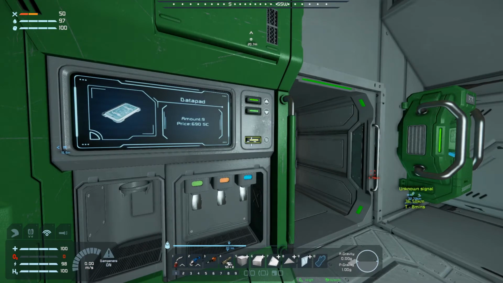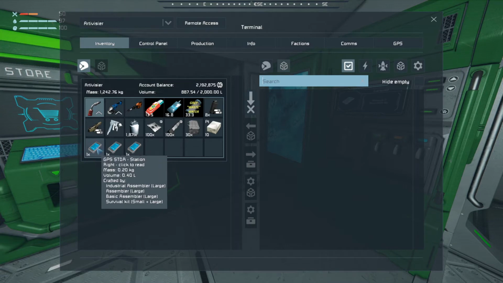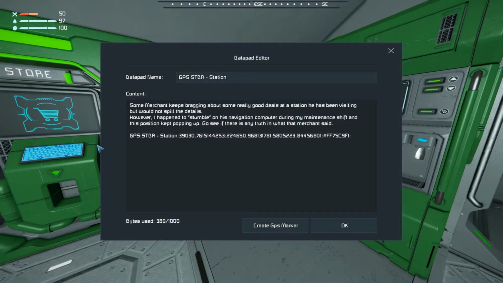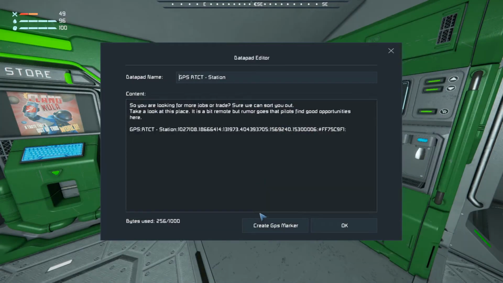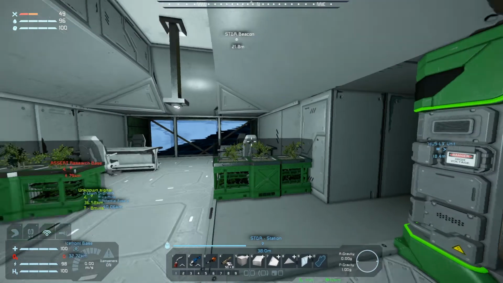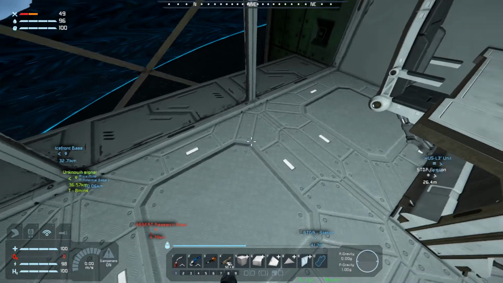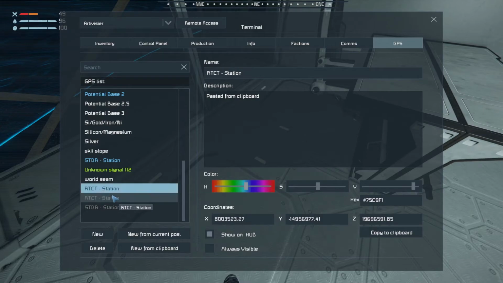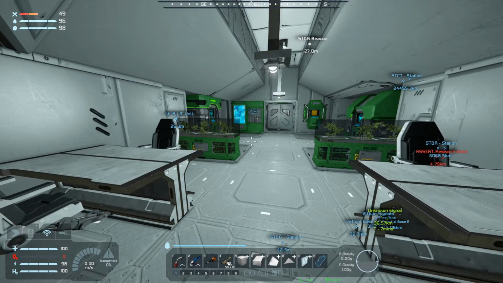So if I get like 3, we've got some new stations. So create some GPS markers. Let's see now. So what have we got? Got the STDR beacon behind us, so I think I need to add these stations to my HUD. So is this pointing to...